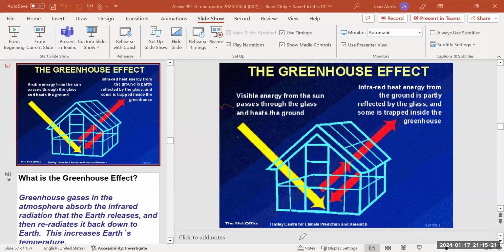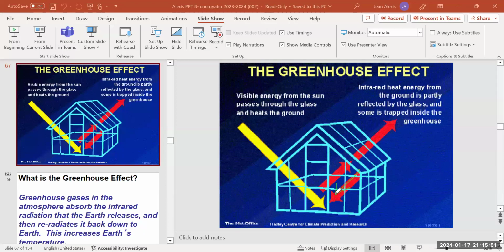It passes through the glass, and when it passes through the glass, it gets absorbed by the ground. Once it gets absorbed, the ground releases infrared radiation. Some of that infrared radiation escapes outside, but some of it gets reflected from the glass and goes back